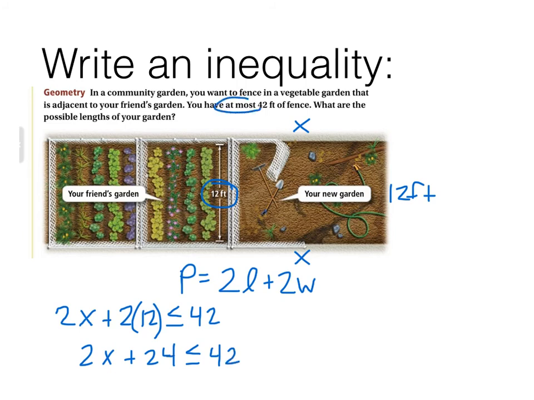Well, it says at most, and think about it. If that's all the fencing you have, you can't use any more than 42 feet, so it has to be smaller than or equal to 42. Now I'm going to solve it. I'm going to subtract 24 from each side, giving me 2x